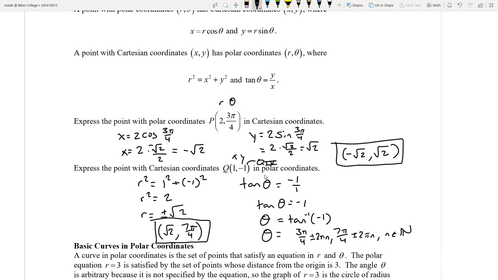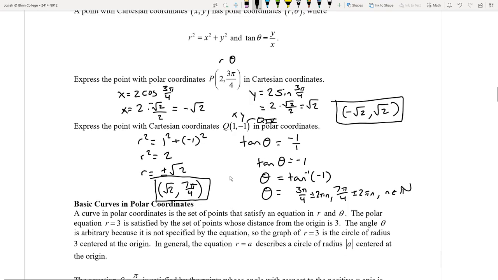So definitely a lot more straightforward to convert from polar to Cartesian since there is only one option. But we do have a lot more freedom in picking our polar coordinates, and maybe we can pick something that's more advantageous to us in some cases. So now that we have both points and conversions when it comes to polar coordinates, we'll start talking